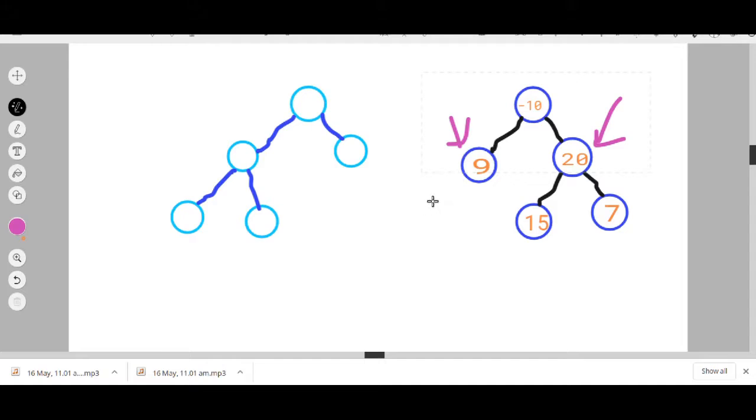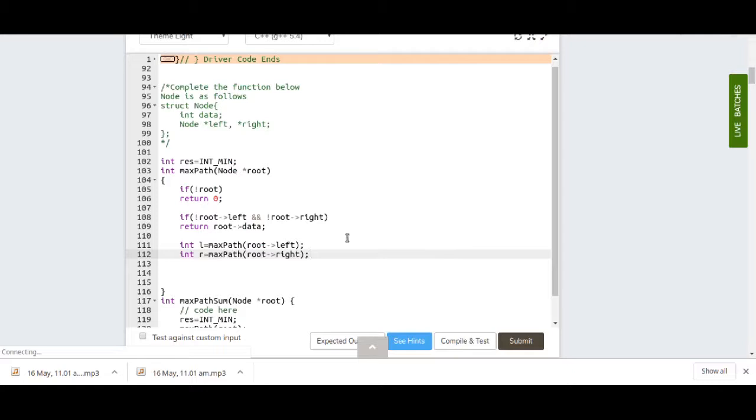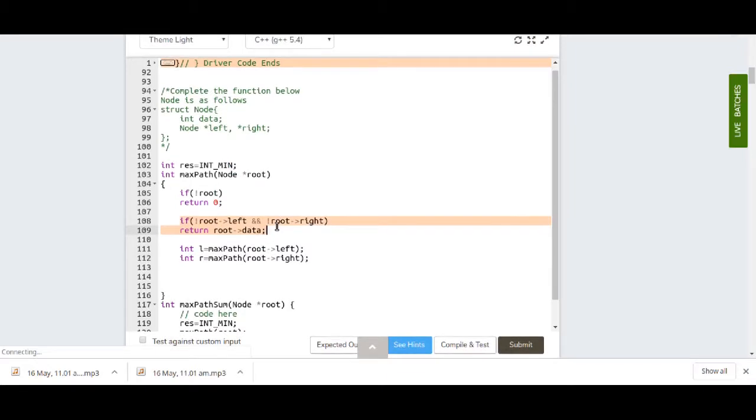Because if you call the recursive function here, it will return 0 from the left side and 0 from the right side, and it will claim that these two values form a leaf. But the value doesn't exist over here, so that is why I put this extra condition. If the root's left and right are null, then we just return the root data.